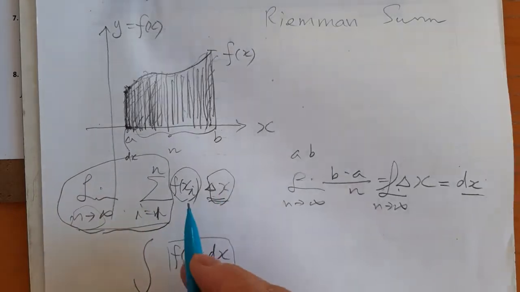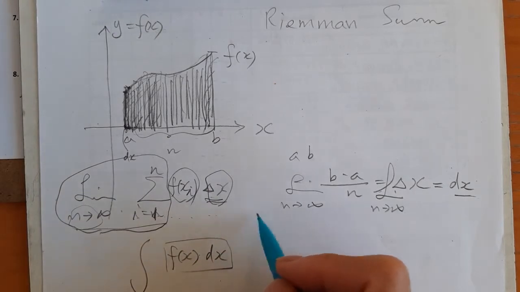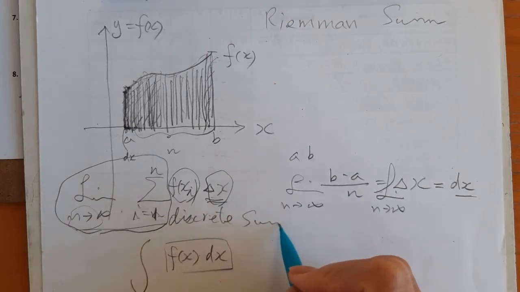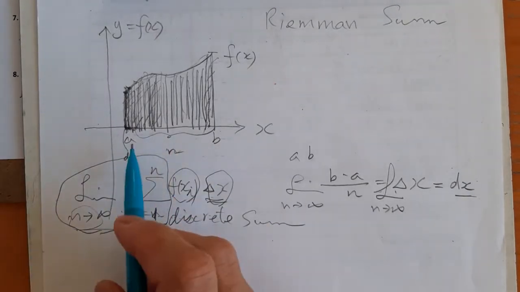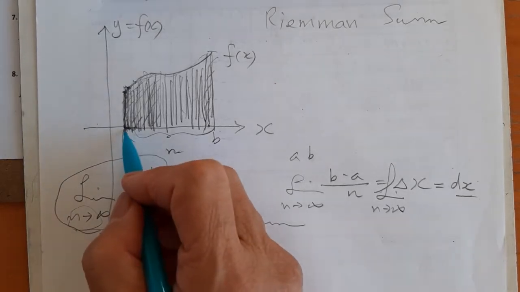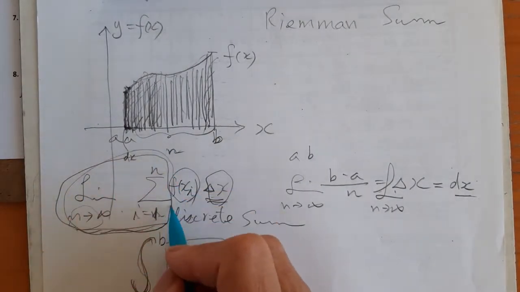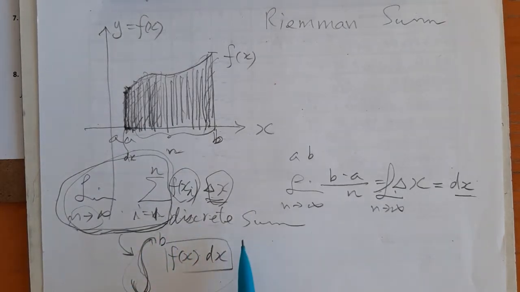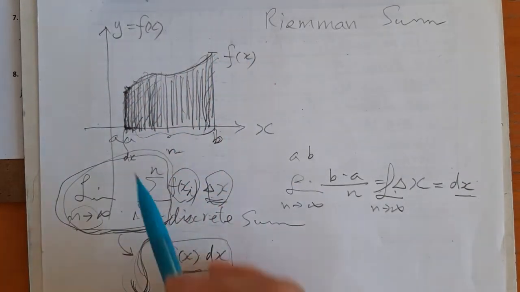This we call a discrete sum, going from 1, 2, 3, 4, 5, 6 until n. That's what we call a discrete sum. Then when n goes to infinity, it becomes a continuous sum, and the sum goes from the first number a to the last number b. So this discrete sum becomes a continuous sum, and that becomes the integral. This is going to be the area under this function, the height f of x